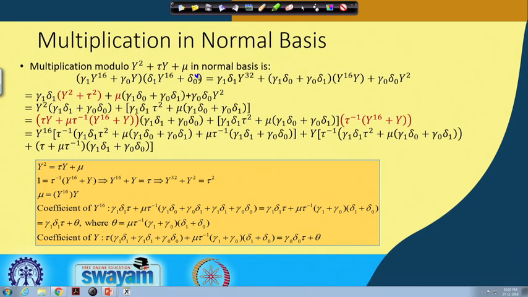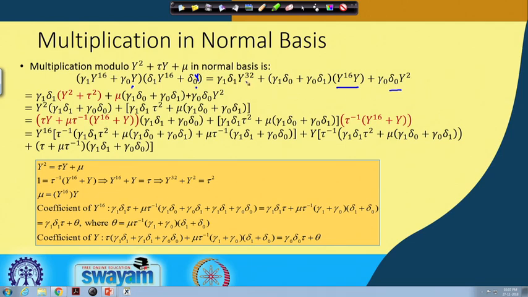So there should be a y here, and therefore I get this term as y power of 16 into y, and this term as y square, because here this and this get multiplied. Okay. So therefore I get gamma 0 into delta 0 y square. Now we will have to again bring the result back into the original basis, because you note that I have got y power of 32, I have got y power of 16 into y and y square. Okay, none of these are basis elements.